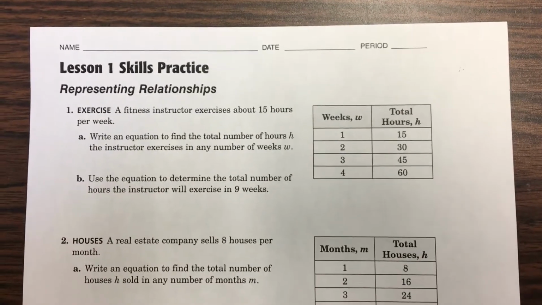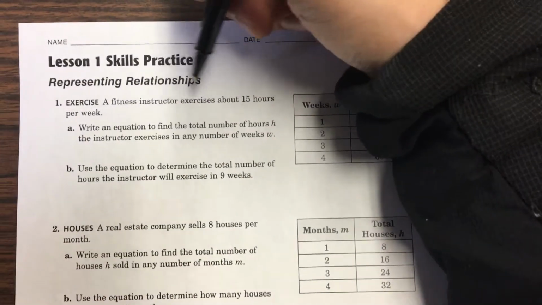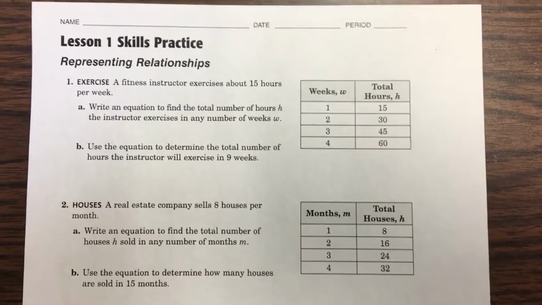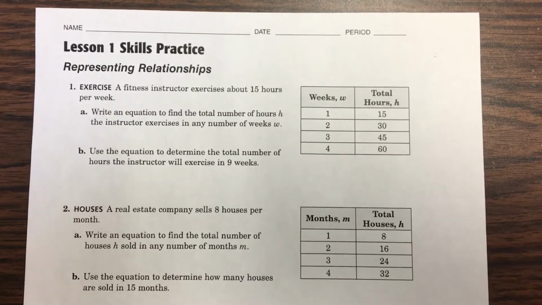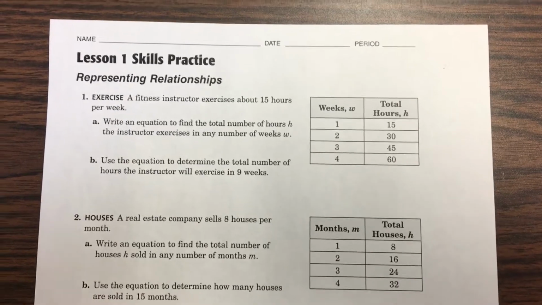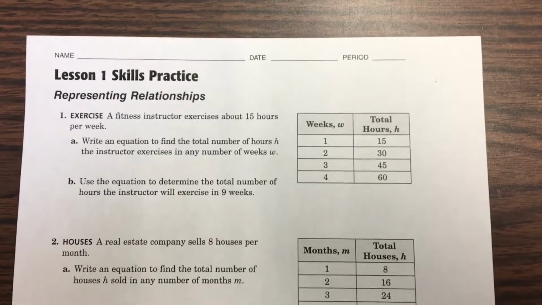So lesson 1 in chapter 4 is all about representing relationships and the different ways you can do it. In class yesterday, we showed how you can do it with a graph. Remember the graph about the space shuttle? We showed how you could use the table. We wrote it out in words. Remember, it was going 5 miles each minute. We even made an equation or an expression to represent the situation, and that's what we're going to do again